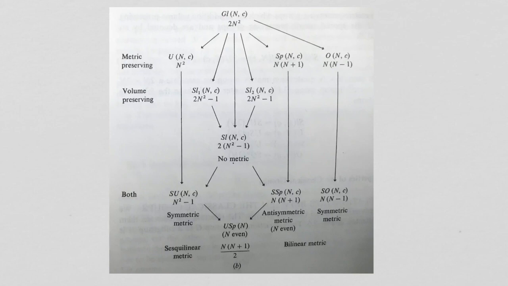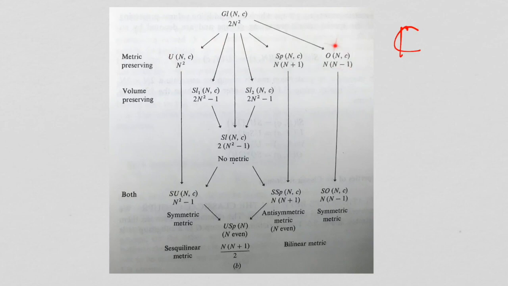There's another great chart to sum up where we are with all of this, right? The general linear group, and this is for complex. This is just for the complex case, I've just looked at the charts. That's the most common one you wanted to know anyway. But the general linear group starts with 2n squared degrees of freedom. And if it's metric preserving, you are forced into